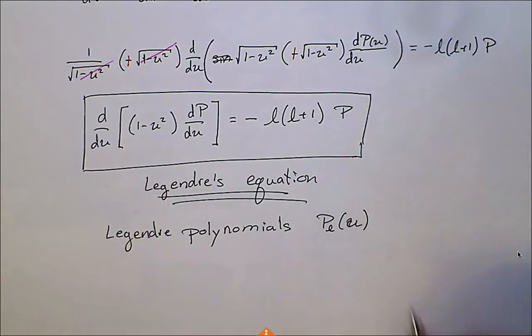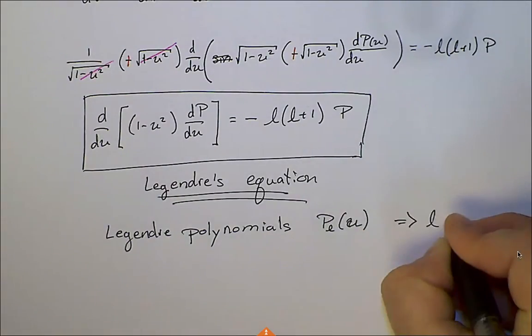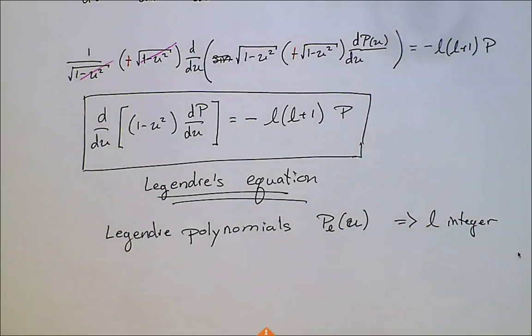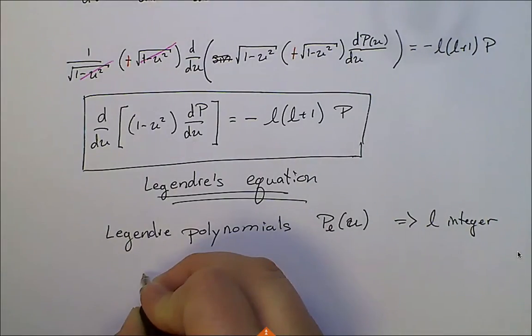These are polynomials of order n, and this tells us that L is an integer. Now you can solve this using the series type of solution for differential equations, and that's outlined in our book, Pollock and Stump. But I'm going to skip over that and just tell you that the Legendre polynomials are